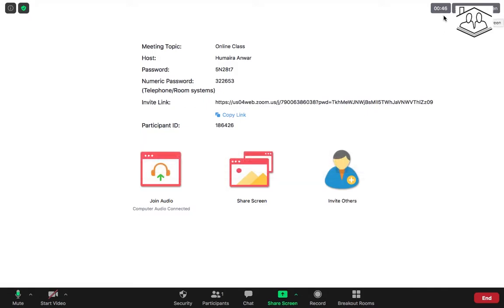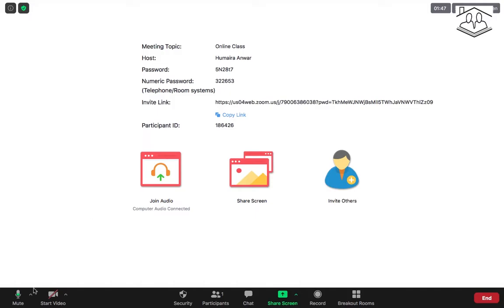Just alongside the full screen option, you can see this little box over here that looks like a clock, and it is actually a timer. If you remember from my first video, in the settings, I have opened an option that I want to see a timer of my meeting during my meeting. On the screen, you can see the whole meeting details along with the invite link. You can invite anybody from here as well.